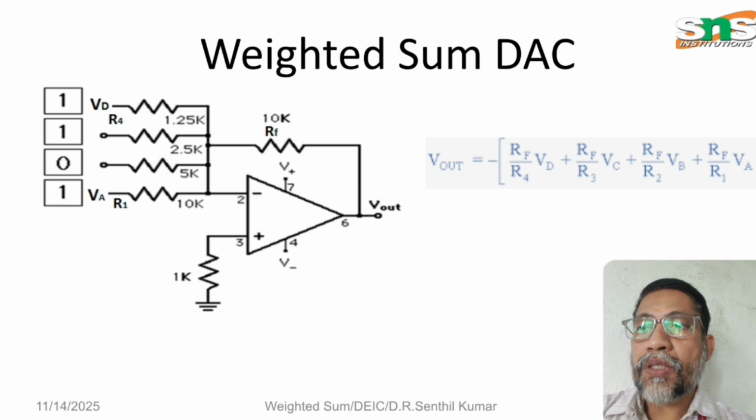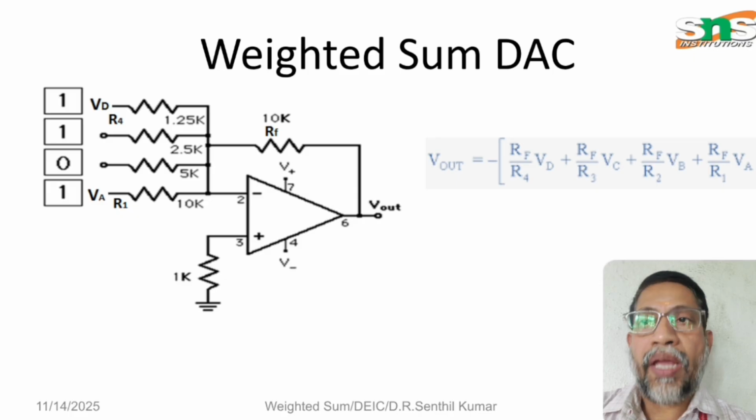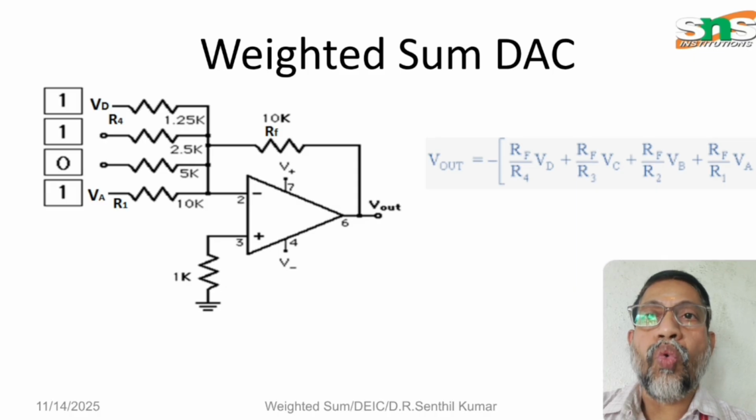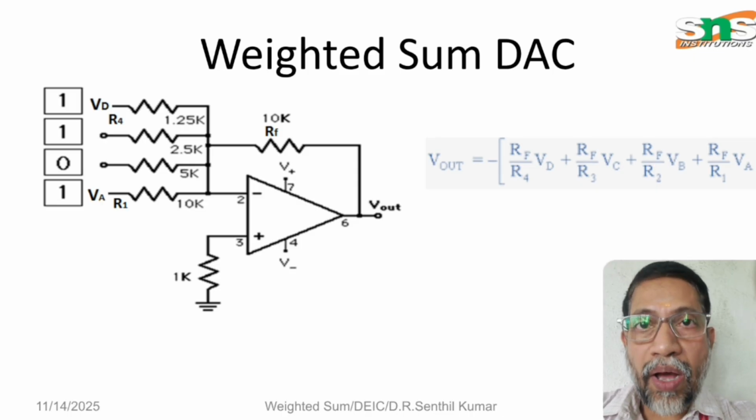Therefore, you have to substitute into the summing amplifier. RF is 10. 10 divided by 10 for VA, which is 1. And 10 divided by 5 for VB, which is 2. And 10 divided by 2.5, which is 4. And 10 divided by 1.25, which is